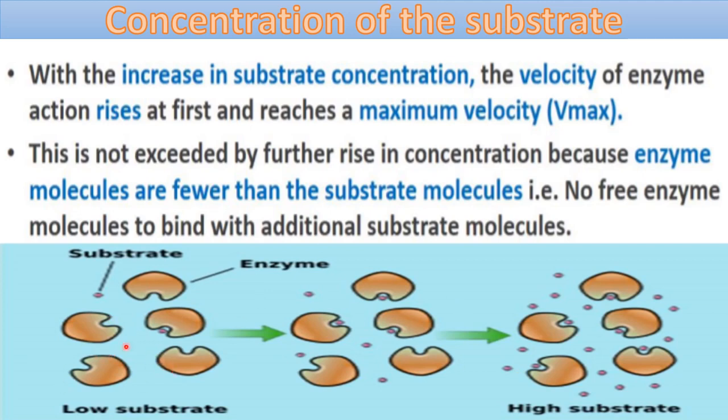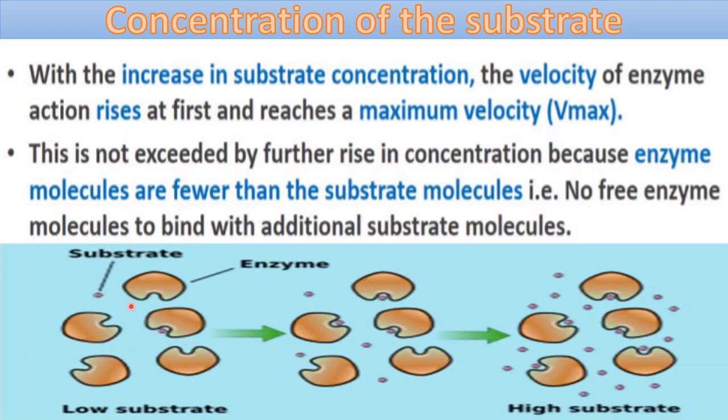See here, all these are enzymes present here. You can count this, there are 5 total enzymes present here, okay. But concentration of substrate is low in the start because only 2 substrates are there. So 3 enzymes are still free. These 2 substrates will bind with the 2 enzymes, and 3 enzymes will be free. Okay, there is no work for these enzymes. That's why we can say reaction velocity of the reaction is low. Okay, enzyme activity is low in this case, right?